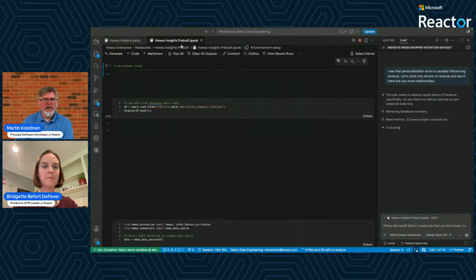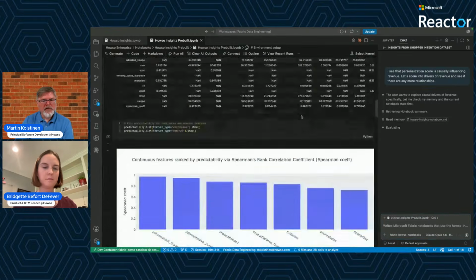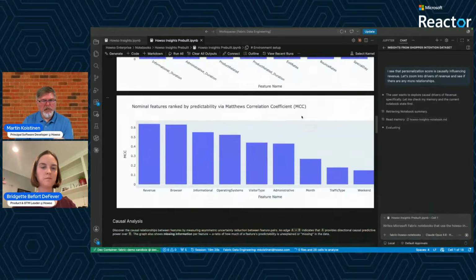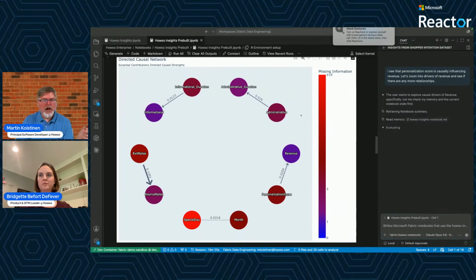Okay, so let me just scroll down to where we were, and it might be slightly different because the LLM does things slightly different from time to time. But okay, yeah, we were here. We also had 5 relationship pairs, which is great, and this is the one we wanted to drill into. We also have some of the other ones that we've seen, which is good.